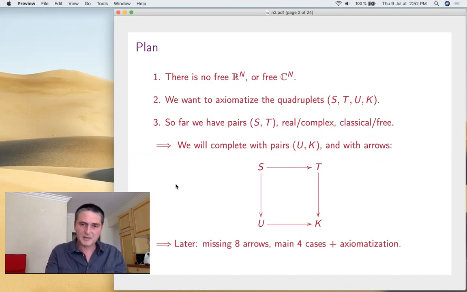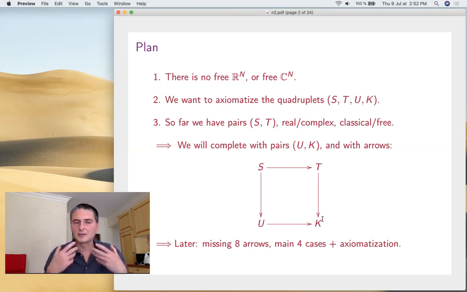To be more precise, from S to T and from U to K is very simple. You just intersect with something. But we'll discuss the construction of these arrows from S to U and from T to K. That's basically taking the quantum isometry group. And we see actually in the free case, a new kind of phenomenon appears. It's very weird. So we'll have a weird thing to be fixed and we'll fix it in the end. So that's for today, and next time we'll construct the missing arrows in these four main cases,